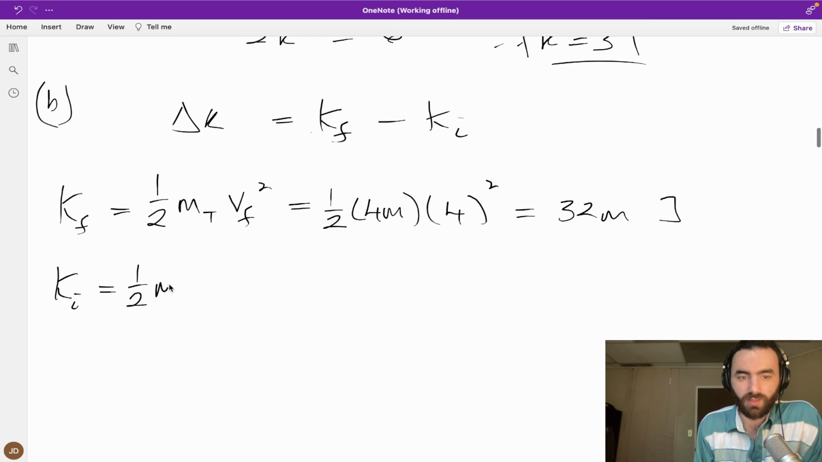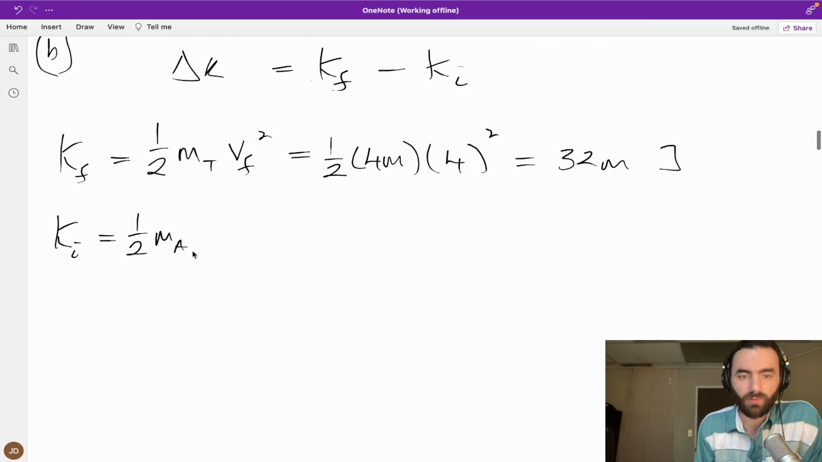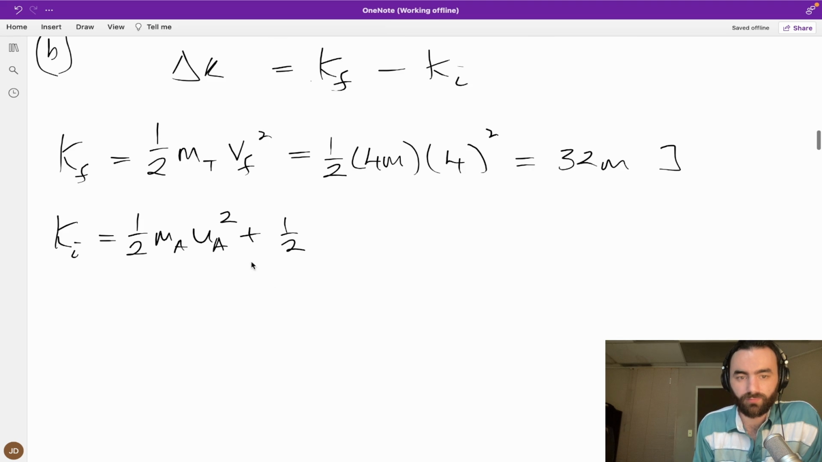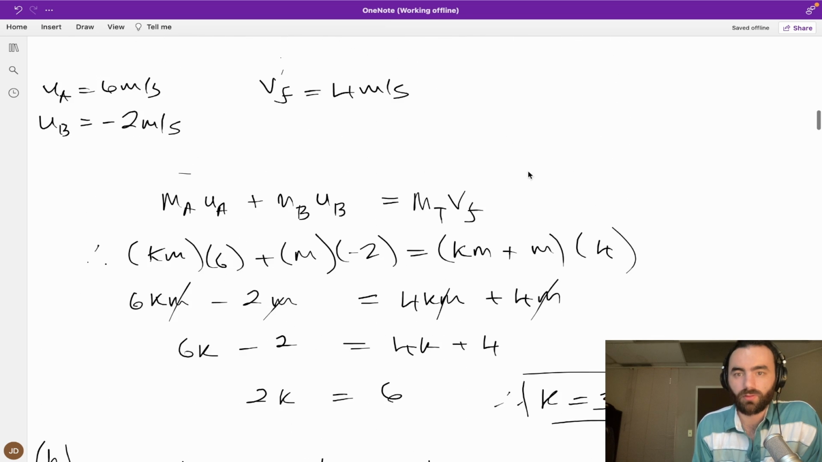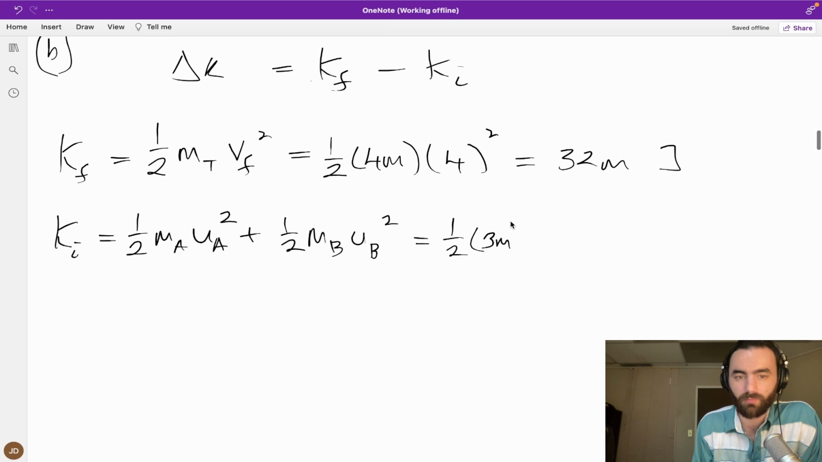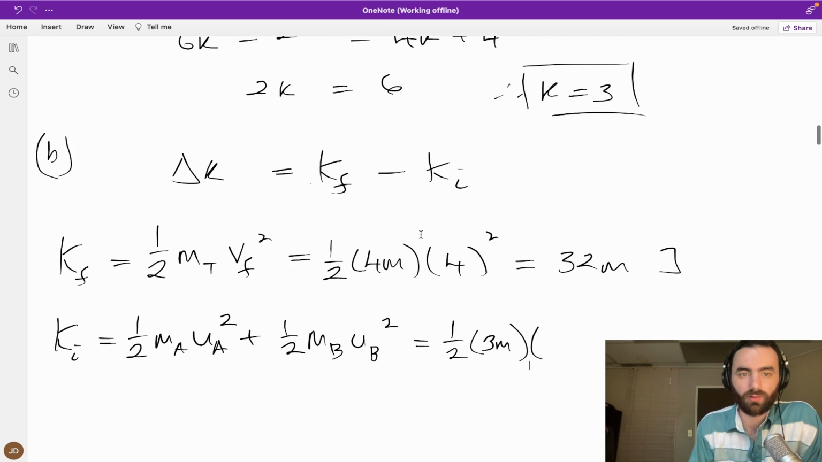Okay, the initial is just the kinetic energy of A plus the kinetic energy of B. This is half the mass of A times UA squared, where UA is just the velocity of A before the collision, plus half MB UB squared. The mass of A is 3m, so this would be half of 3m times the velocity of